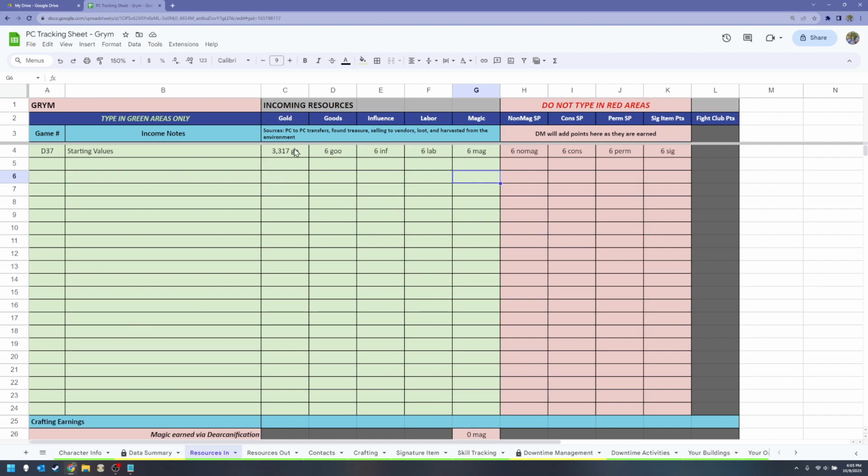Anyway, the things I expect you to put here: PC to PC transfers, found treasure. If you sell something to vendors and get money back, obviously I couldn't have predicted that, and I'm not going to set up some sort of system for it because it actually doesn't happen that often. Just any old loot that you find, which can be not just gold, right? But you'll be able to find goods out in the world, or you might find magic out in the world. You're not going to find influence or labor, but you might earn it by